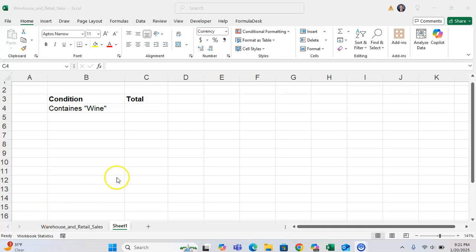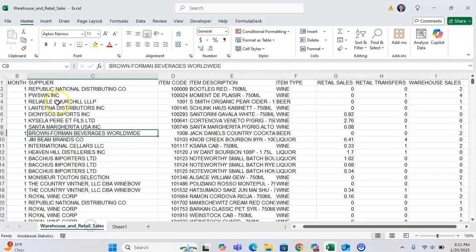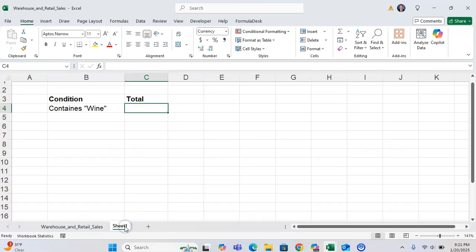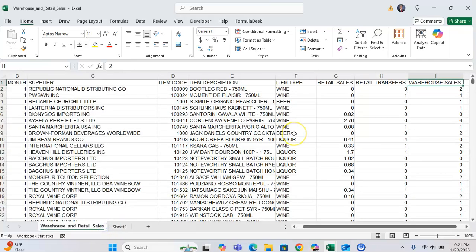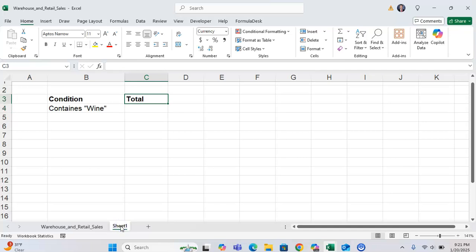In this tutorial, I'm going to show you how you can use the wildcard criteria to do a SUMIFS based on anything that contains a specific word. So in this example, we have warehouse and retail sales, and we want to do a total of wholesale sales for wherever the supplier has the word wine in the name. To do this, using a wildcard match, we can do SUMIFS,